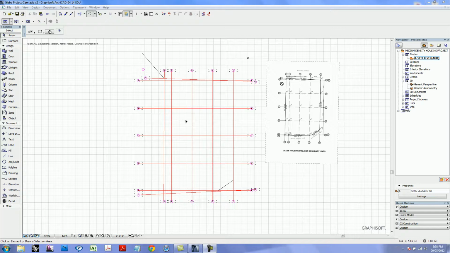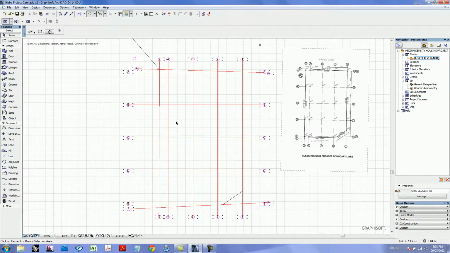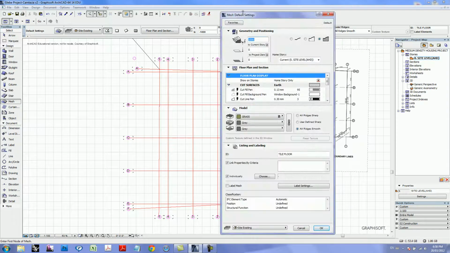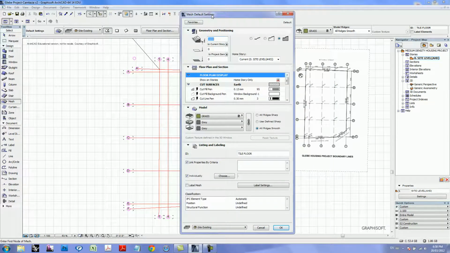Okay, so the next thing to do is, of course, the mesh. The first thing to do would be to quickly discuss the mesh tool, which is here on the toolbox. If I double click the mesh tool, let's look at the mesh default settings. Okay, the mesh is very